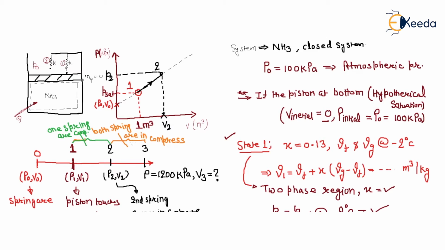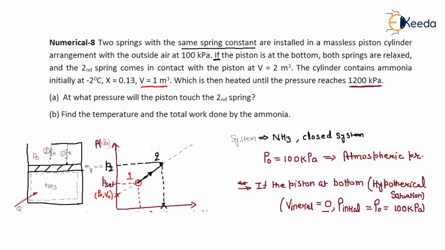So in this region the slope is double. Why? Because both are the same spring constant. So 2 to 3 the slope is double. So this is point number 3, at which the volume is V3, and the pressure is P3, and this is your 1200 kilopascal,